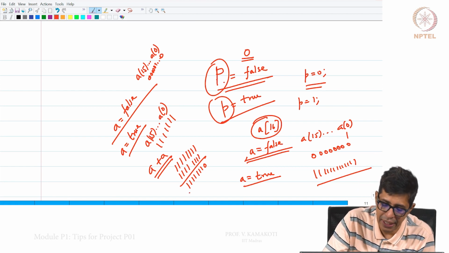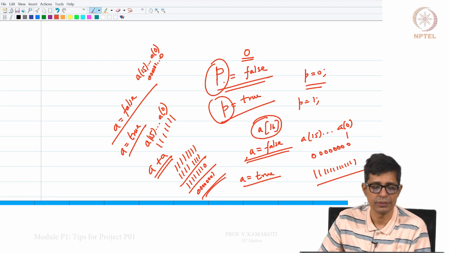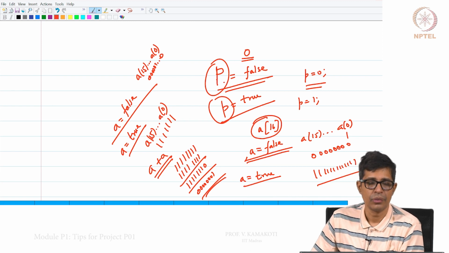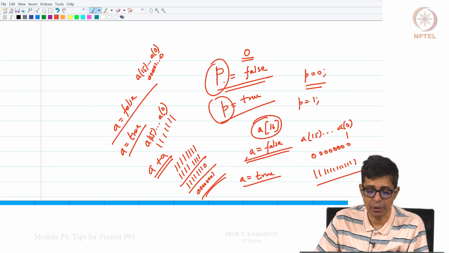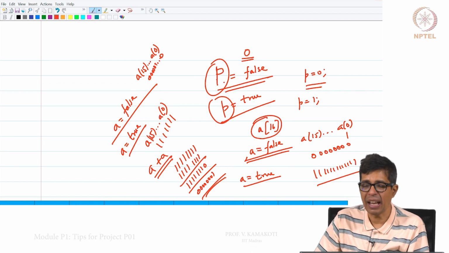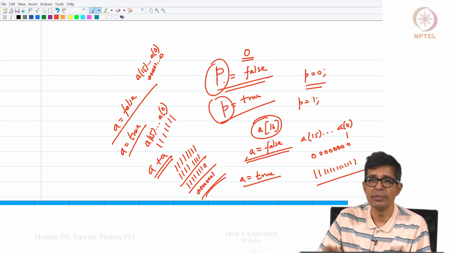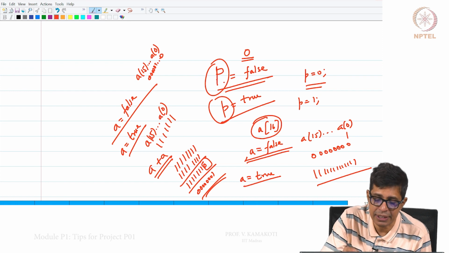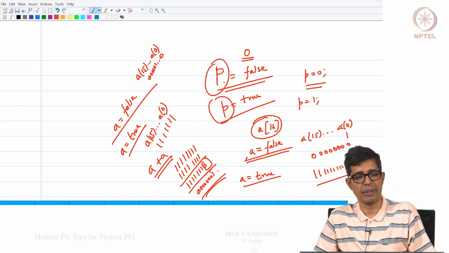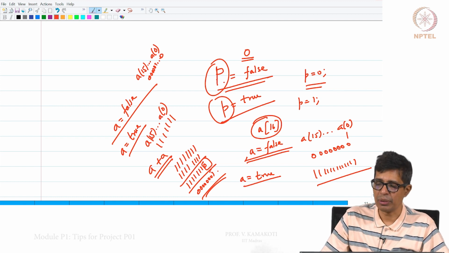So when I invert this, I get basically the way I can generate 1 is take any 16-bit variable, first make it true, so all the bits will become 1, add it with itself, then you will land up with a value in which the least significant bit is 0 and all the other bits are 1. Now I invert this, so I get the value 1. This is how we can generate constants like P equal to 0, P equal to 1, etc.